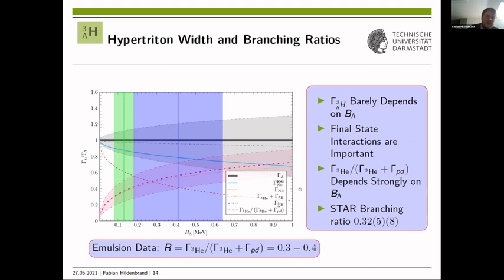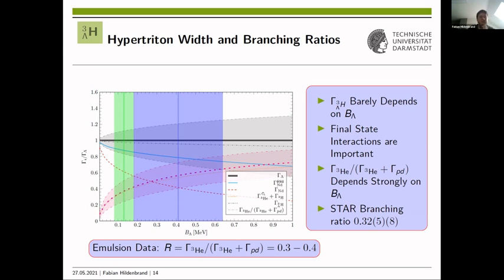But if we now follow our line here, we see, okay, our value for this branching ratio, let's say 0.4, we are at the end of the STAR branching ratio box, so to speak, that would be comparable in size. And if you go for the typical central value, so to speak, we have a value of about 0.57, which somewhat disagrees with their value or the old emulsion data value.